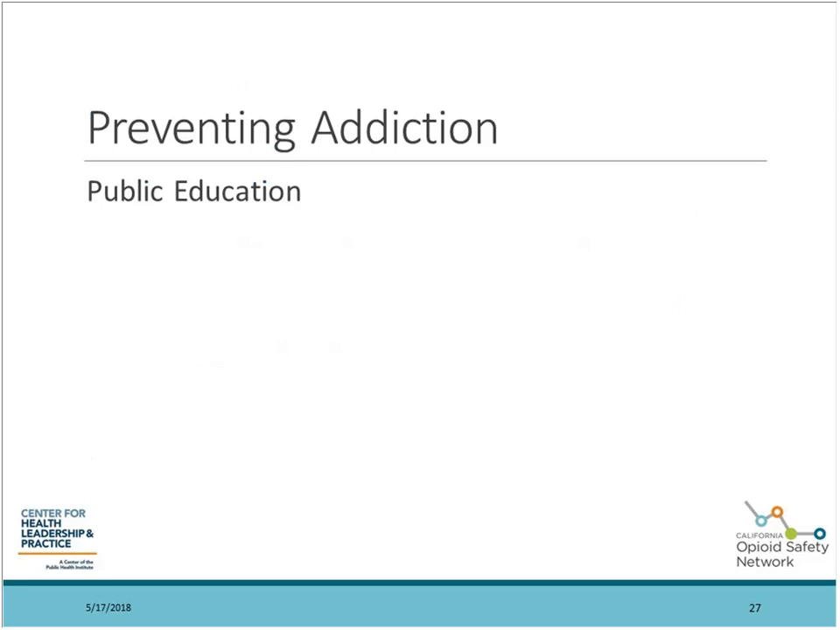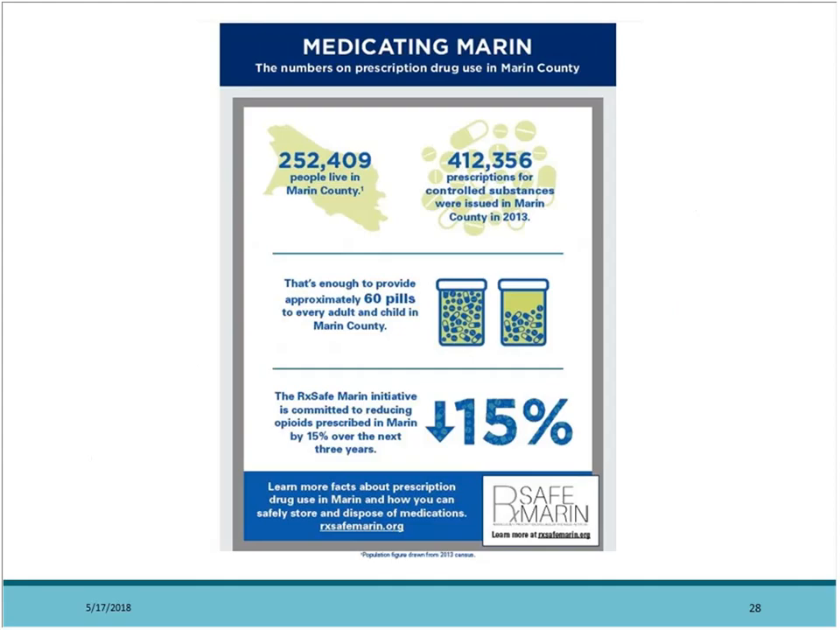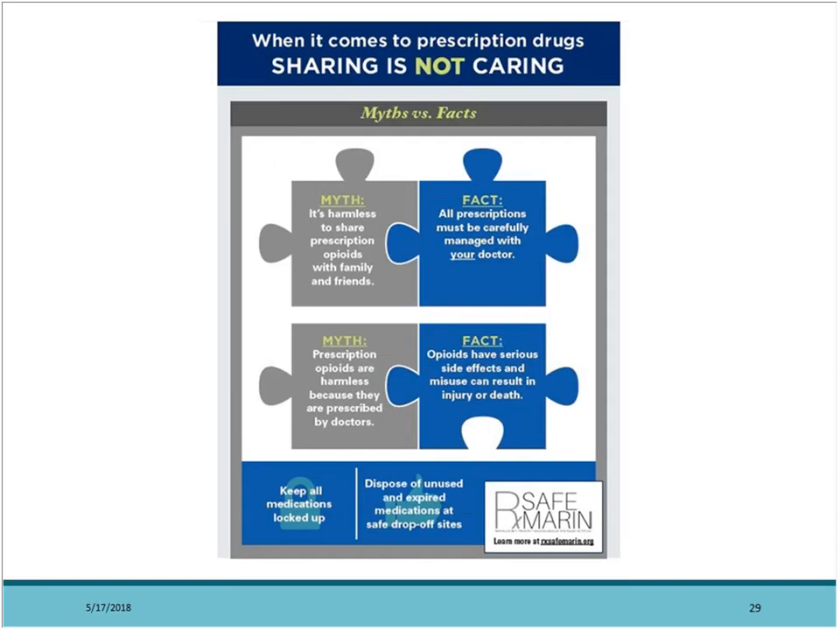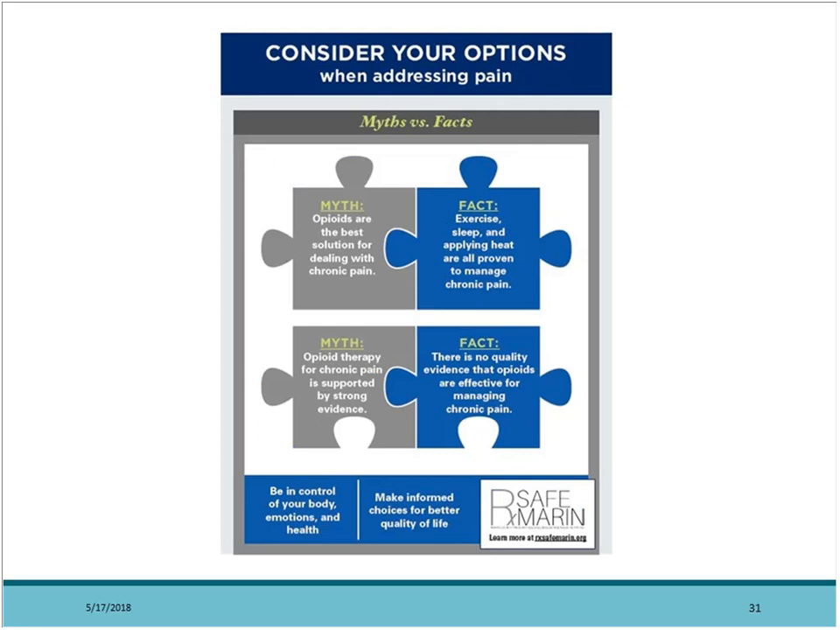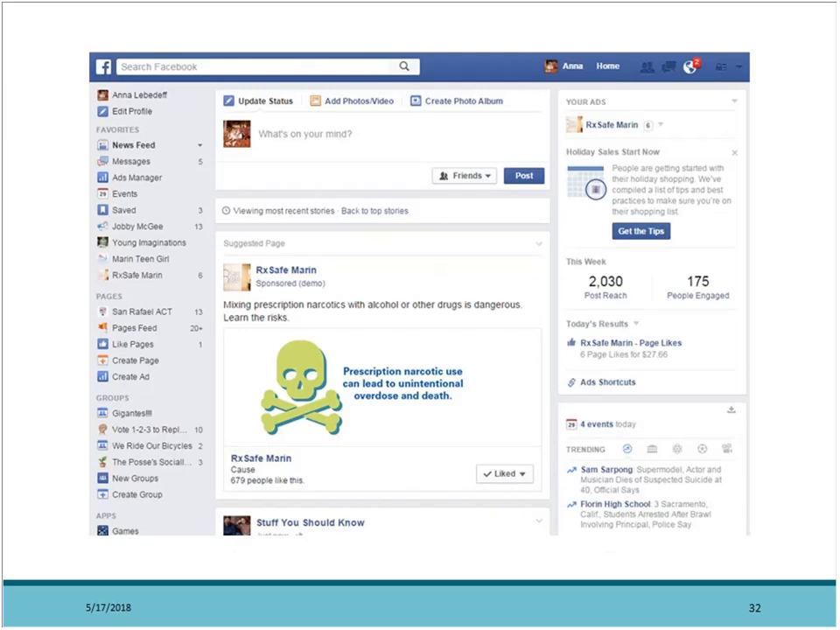activity is basic public education that many of the coalitions have engaged in. Some of the methods there include developing simple communication tools that IE Communications and our partners here at the Public Health Institute will be helping share on future webinars in terms of how to best communicate to the public. These are examples here of some of the materials that RX Safe Marin has developed for our public-facing campaign. Many of these are posted in clinics throughout the county and have been effective in sort of changing community norms